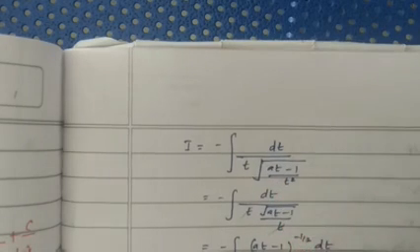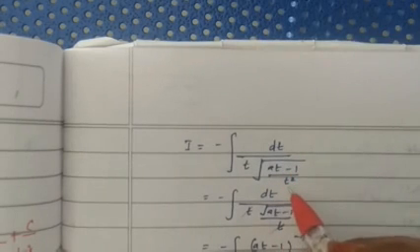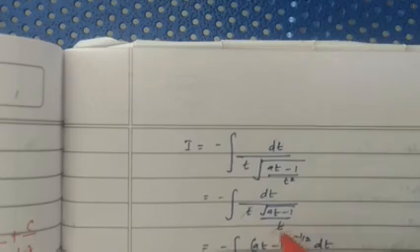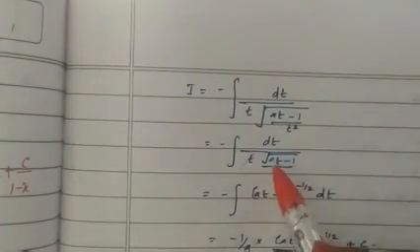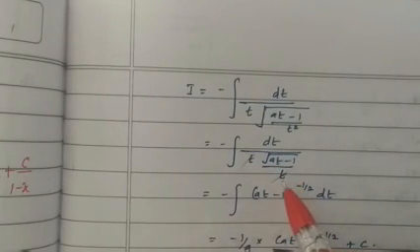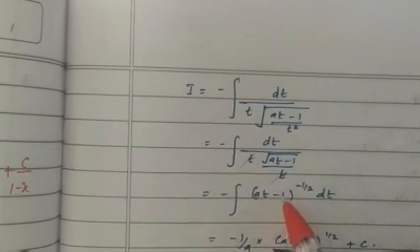Separate the root for both numerator and denominator. So therefore you will get this root of at minus 1 divided by root of t squared. Root of t squared is nothing but t. Therefore this t and t will get cancelled. Now bring this to the numerator. That is, the denominator is dt by root of at minus 1. When you bring it to the numerator you can write at minus 1 the whole power minus half into dt.